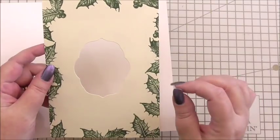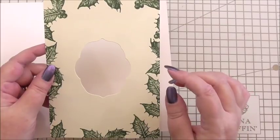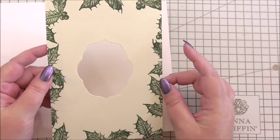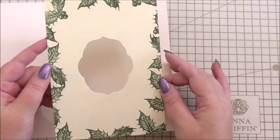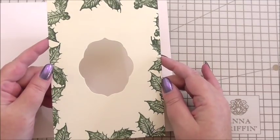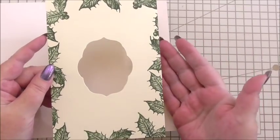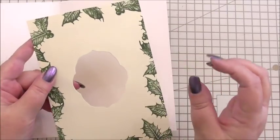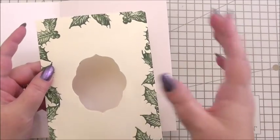Now this is one of my favourite techniques for insides because it's so simple. You don't have to be a seasoned professional stamper to do it. All you have to do is be able to get ink on a stamp and stamp onto card. You literally want a piece of scrap paper under the panel and you stamp around the edge, moving the stamp in random